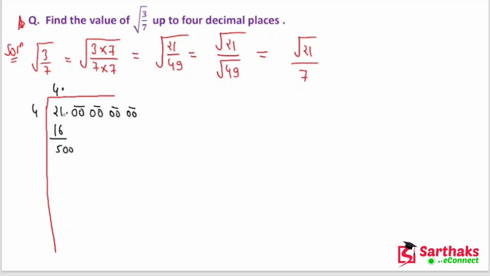Obviously you know that root 25 is 5 and root 16 is 4, so root 21 would be 4 point something, so put a decimal. Now there is no use of this decimal. Use these zeros and pairs just like normal numbers. Now we'll double 4, so it would become 8, and we'll leave a space over here. Now we can clearly see that 85 into 5 would fit over here, and it will give us 425,